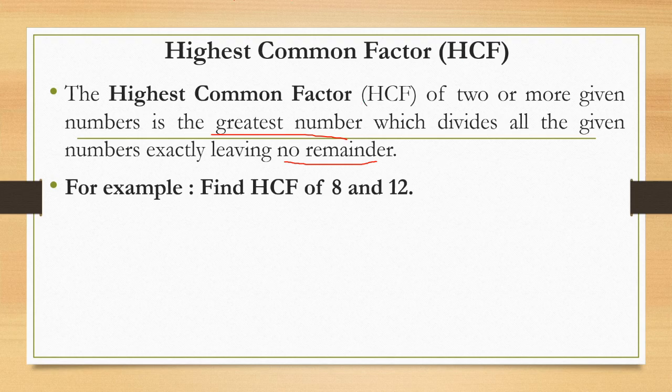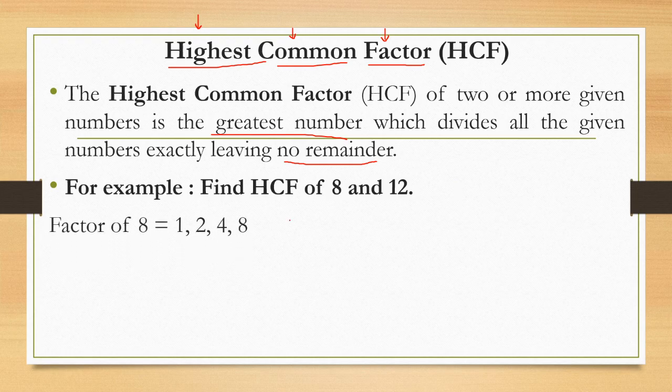As the name suggests, it is highest common factor, and we know everything about this. Highest means greatest value, common means similar in both numbers, and factor we have already discussed. So according to the name, if we have to find the HCF of numbers, how will we find it?